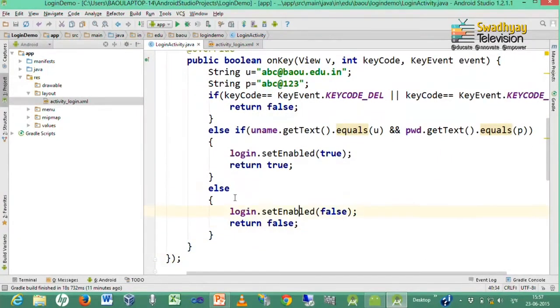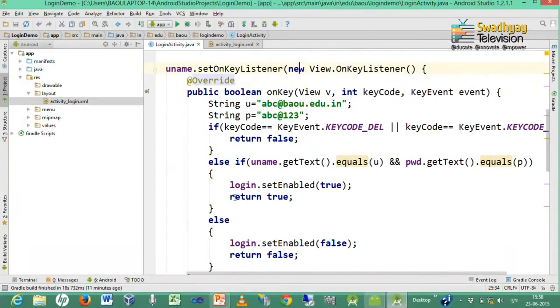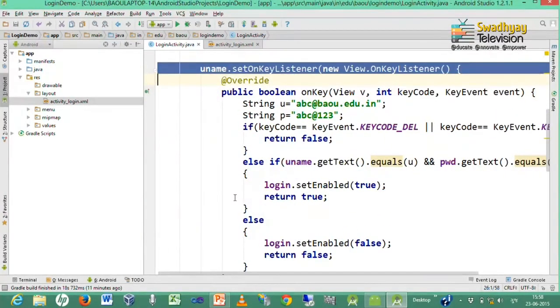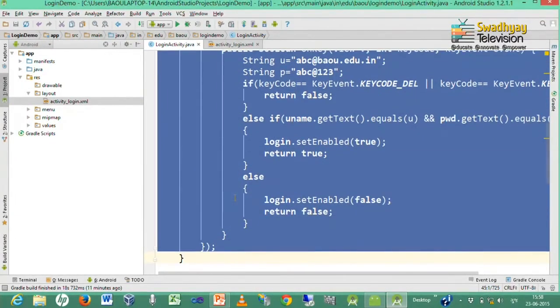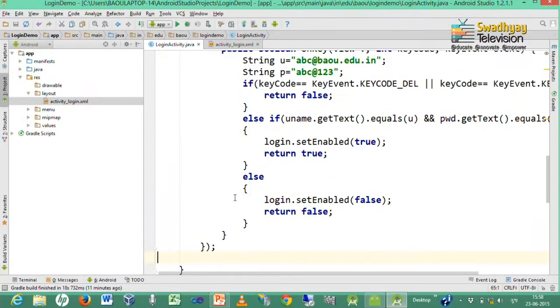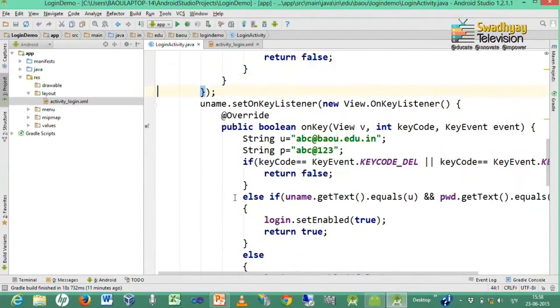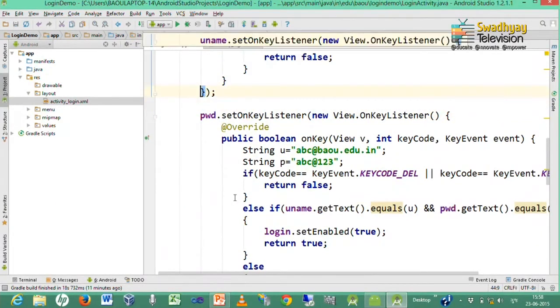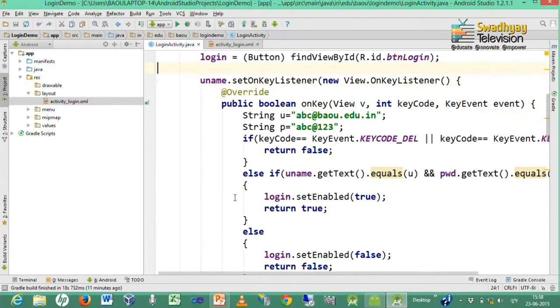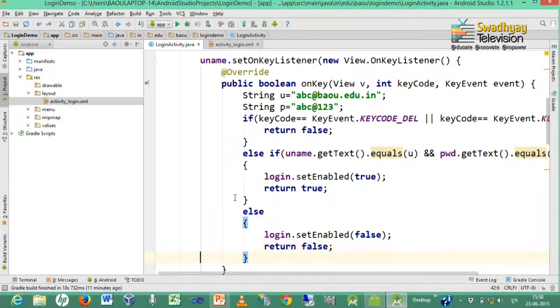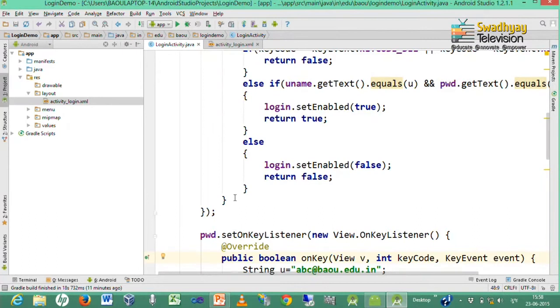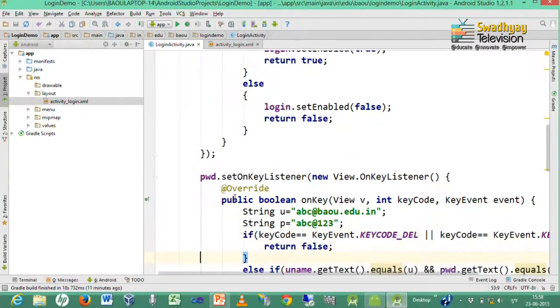The same code we write for password. I am just copying this entire thing and I have to just change uname to password. Now, whenever the user types into the first and second edit text, it will check whether it is equal to the predefined username and password. If it is, then it sets the button enabled to true, otherwise it sets it to false.